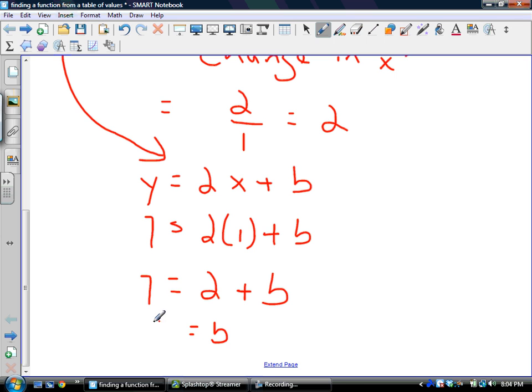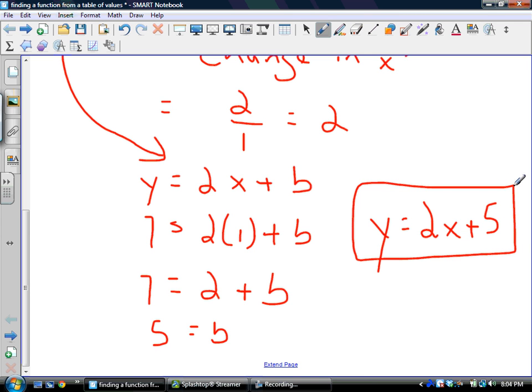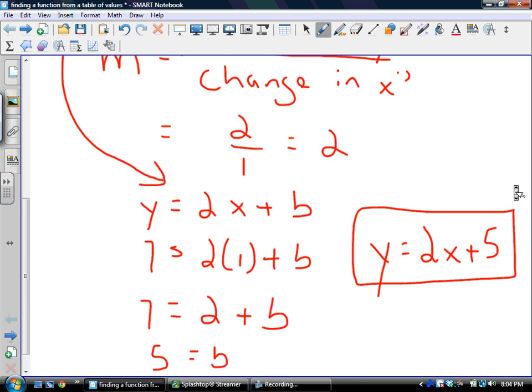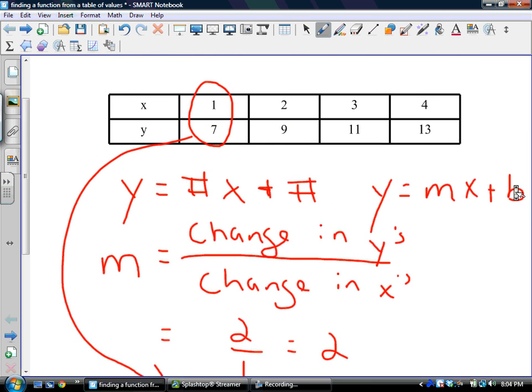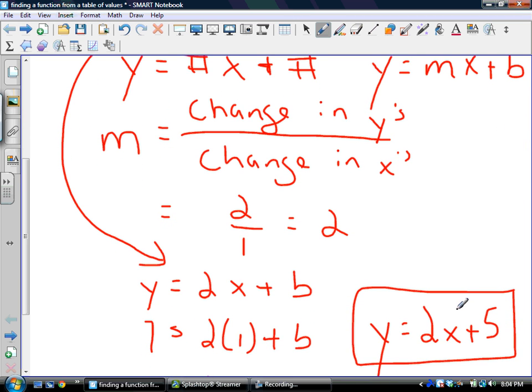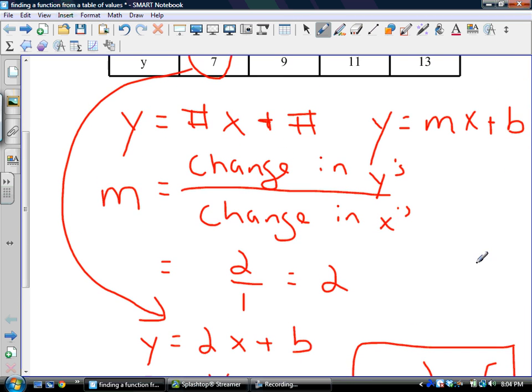B must be 5. And so the equation for this table of values is y equals 2x plus 5. I figured out that 2 first by doing change in y over change in x, and then I figured out the b by plugging in one of my pairs from the table for x and y. What I want to do is make sure that this is the correct equation, correct function, and so I check